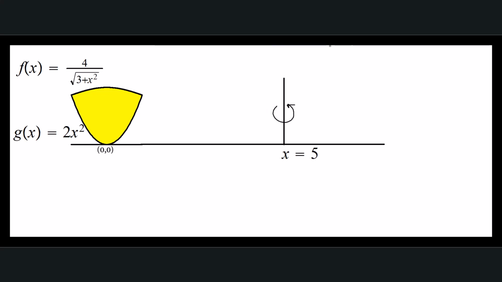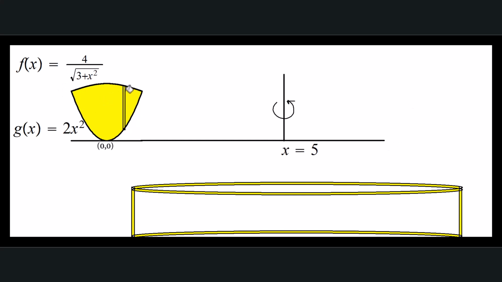Now let's do a similar question with the same region, and this time instead of revolving it around a horizontal line, we are revolving it around a vertical line, say x equals 5. Here again it's easier to take a vertical strip because we already have everything solved for y. So when we revolve this strip around x equals 5,